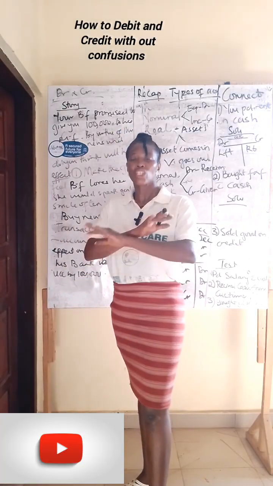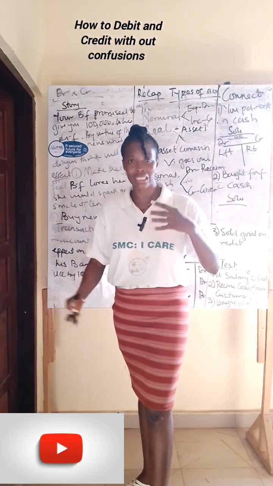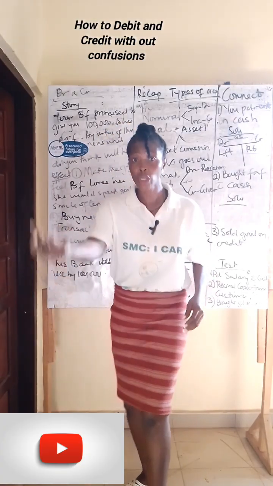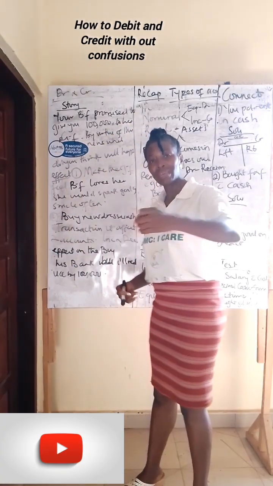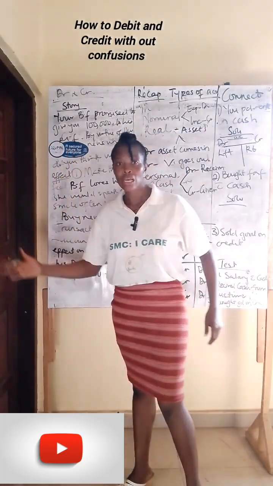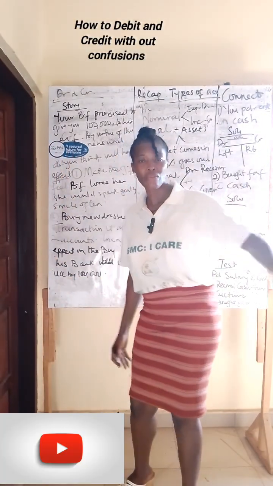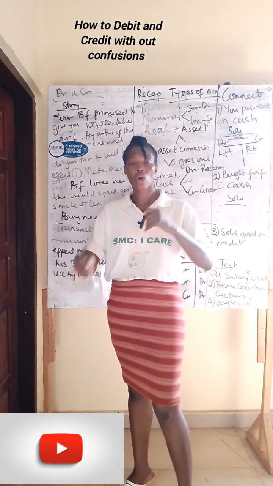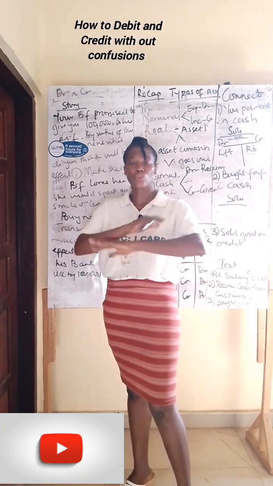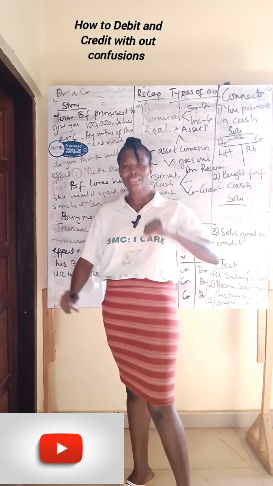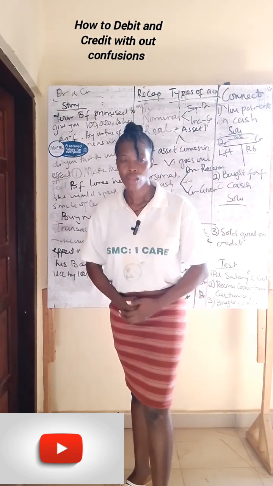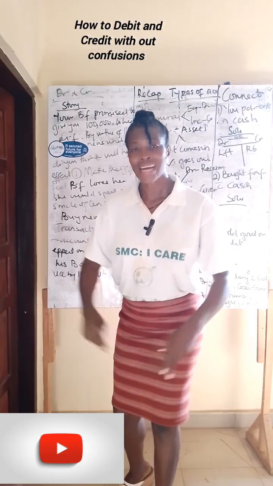So that's what transaction means. Business activity involving either selling your products or buying more products into your business, or giving cash, or paying for rent for the business, or paying salary, as long as it has to do with the business and money is exchanging hands or goods are exchanging hands, that is a transaction. Now once there are transactions in business, there will be an effect, there will be a consequence, and two accounts